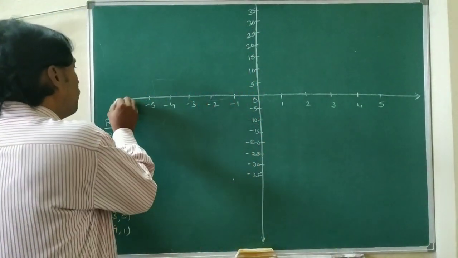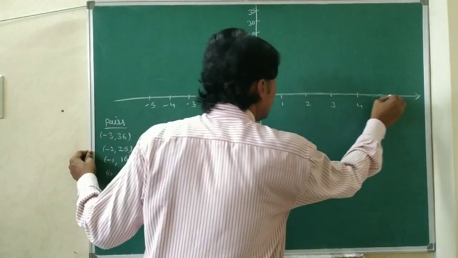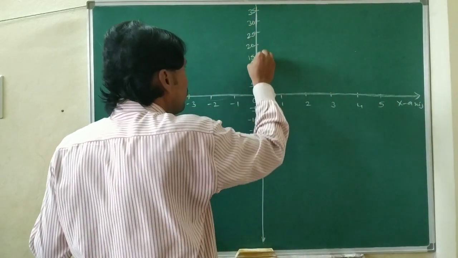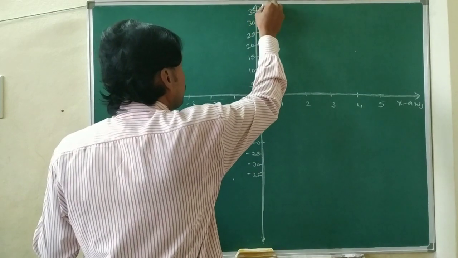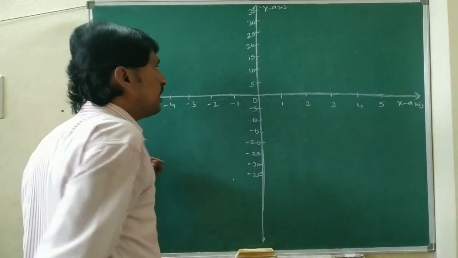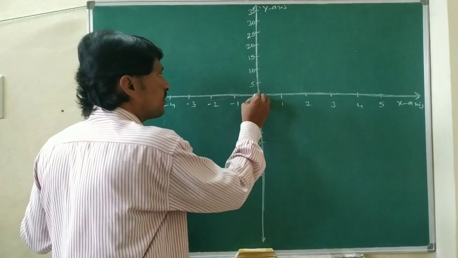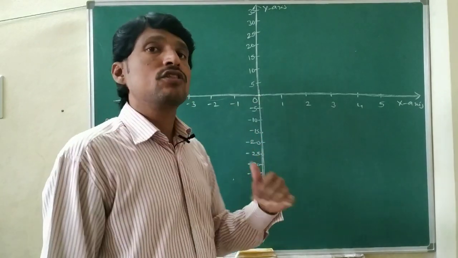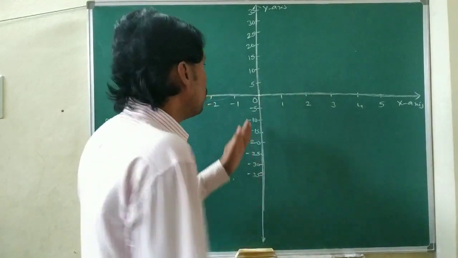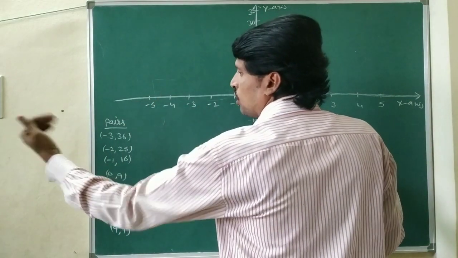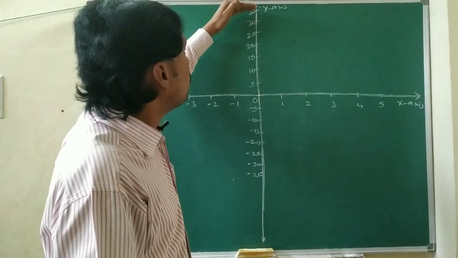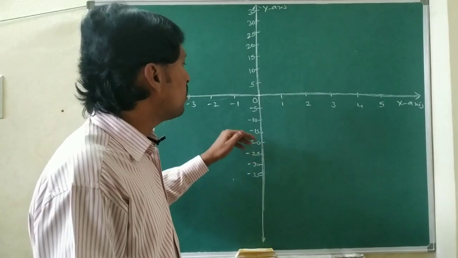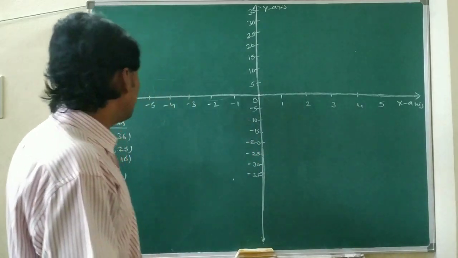So here it is parallel to the base. This is called the x-axis. And perpendicular to the base, it is called the y-axis. So here the x-axis and y-axis are intersecting at a point, that is the origin, 0 comma 0. Means at the origin, x value is 0 and y value is also 0. 0 right side values are positive values, 0 left side values are negative values. Above the 0 on the y-axis it is positive values, below the 0 on the y-axis that is negative values. Now we need to plot the points.